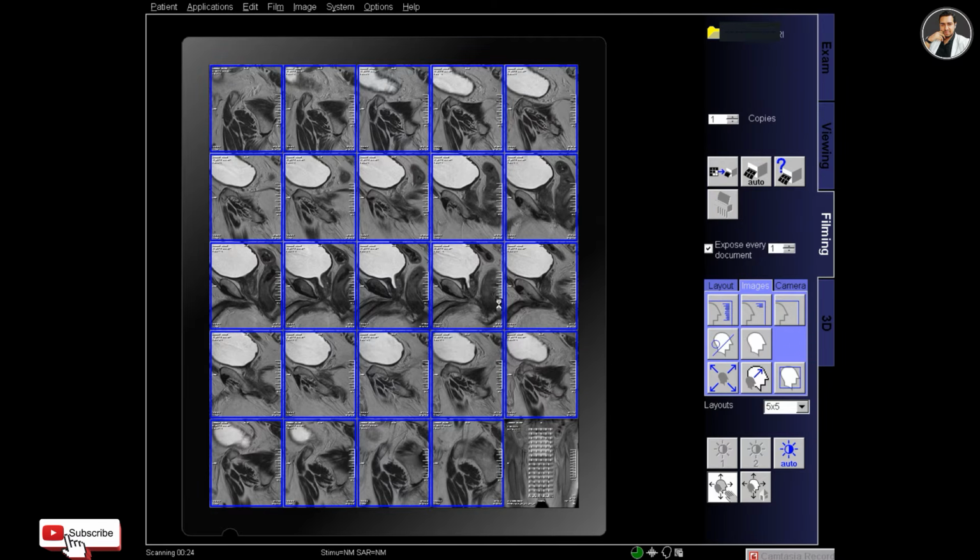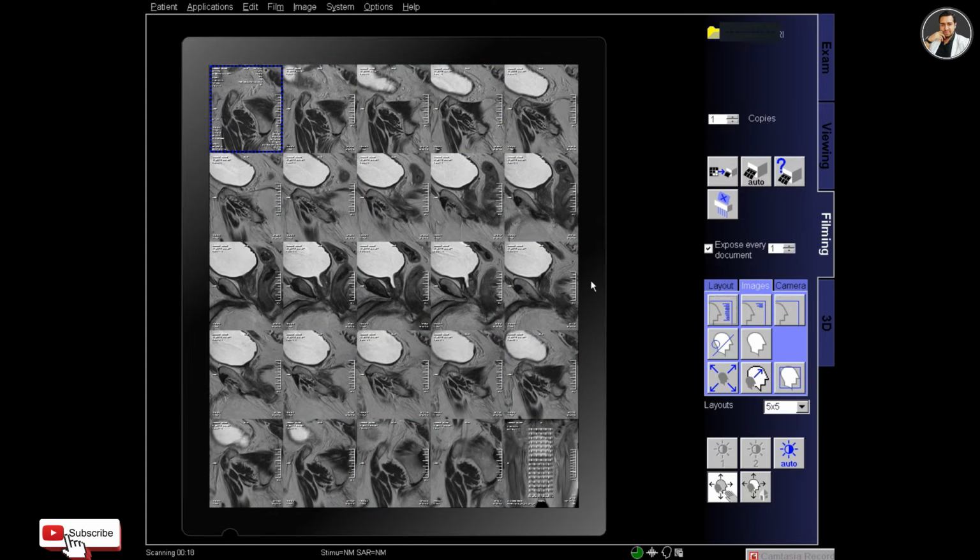So I'm taking time adjusting the contrast and making sure that the contrast is fine.